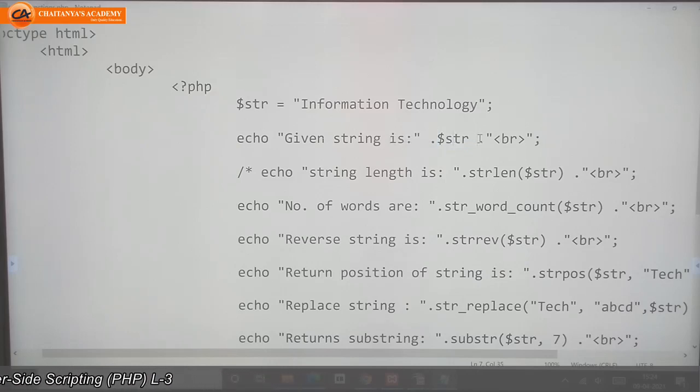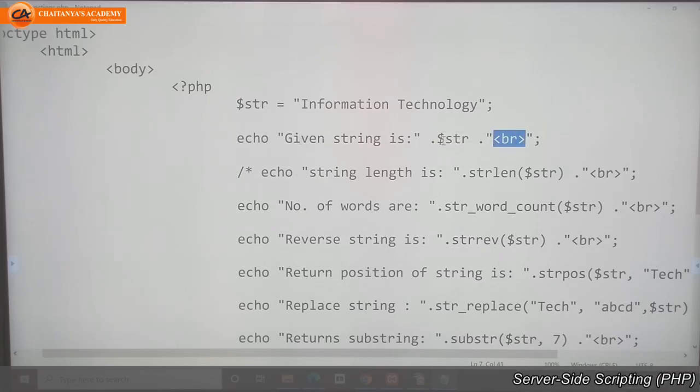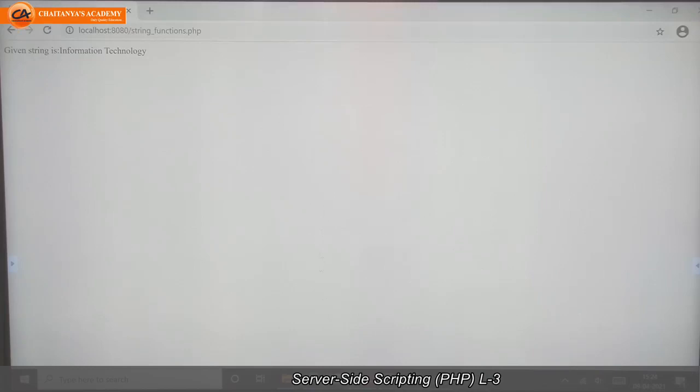After that again dot, because after that I want to take my browser to the next line. Whatever I want to print next, I want to print on the next line. That's why I'm using the BR tag here, the line break tag. So use echo, the message, the name of your variable. It will give us this output.